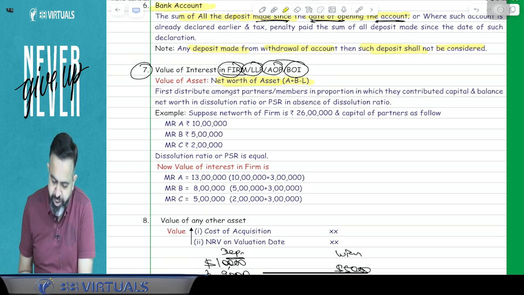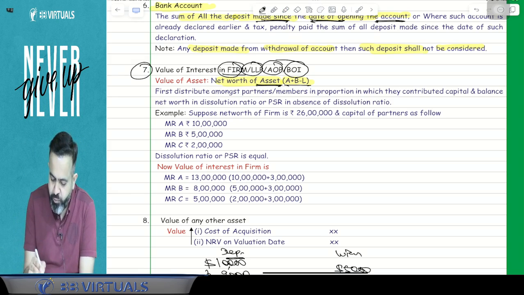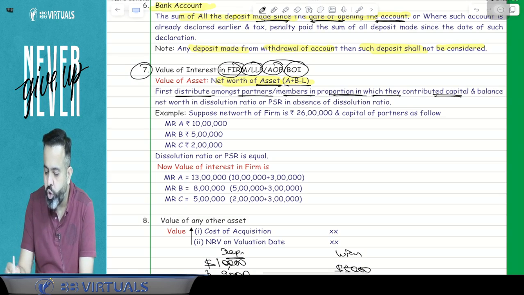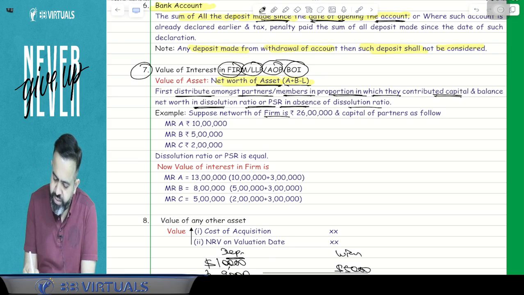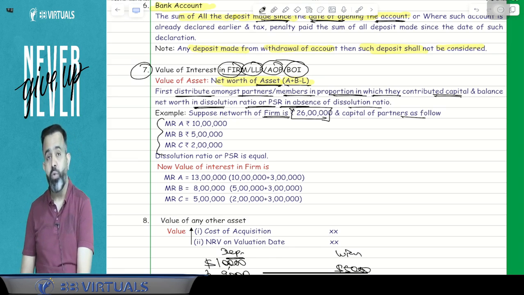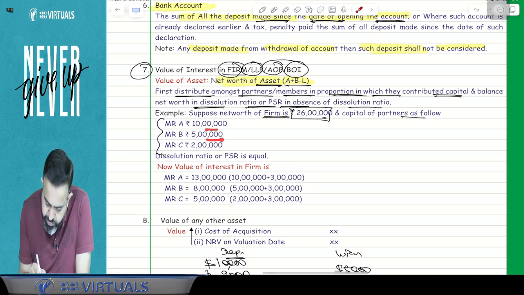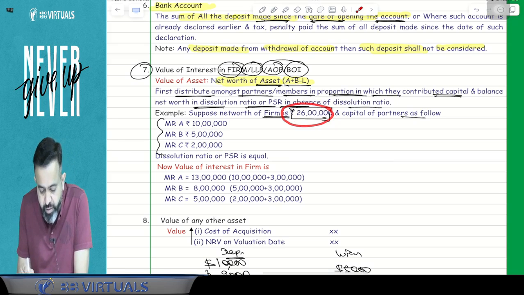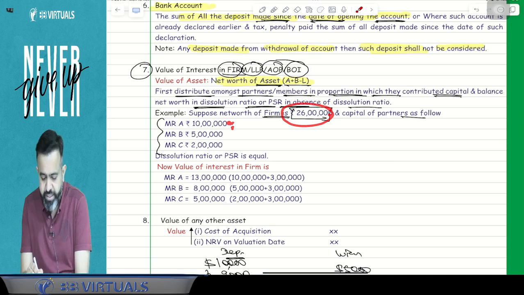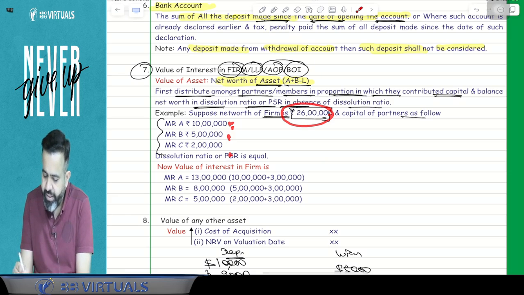Value of asset, how to determine the value of asset? So net worth of asset, how to determine? First distribute amongst the partners or members in the proportion in which they contributed capital, and balance net worth in the dissolution ratio or PSR in absence of the dissolution ratio. So suppose net worth of the firm is 26 lakh and capital of the partners is 10 lakh, 5 lakh, 2 lakh. So can I say that here 10 lakh plus 5 lakh plus 2 lakh, it's total 17 lakh. So out of 26 lakh, first 17 lakh will be bifurcated as 10 lakh, 5 lakh and 2 lakh, and the remaining is their